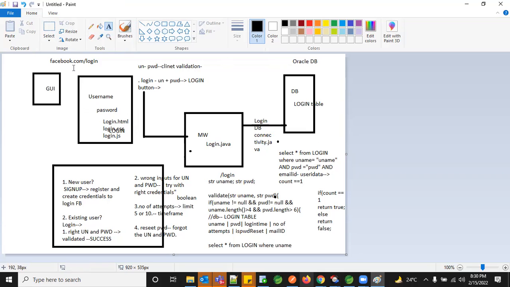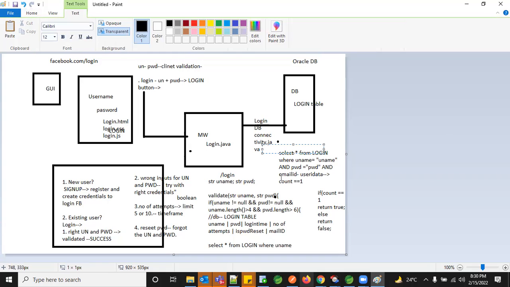create your monolithic application with all these files. It can be any number of HTMLs, any number of CSS, any number of JS, any number of Java files, and any number of DB related Java files. Or you can have your own text files or CSV files, whatever, any kind of files, which are combined together as a single archive. That is what a web application is.